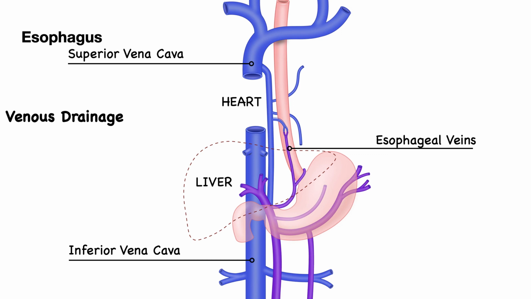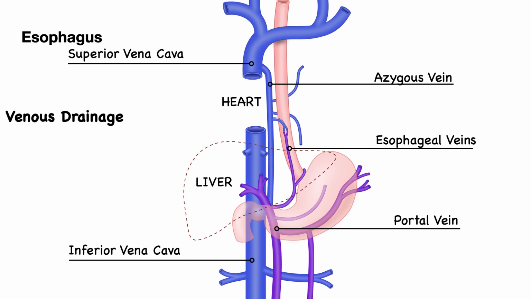the inferior vena cava. So the esophageal veins, the lower portion of the esophagus, drains into the portal vein, and the portal vein comes into the liver, and the liver drains into the inferior vena cava and enters the heart. The upper portion of the esophagus drains through the esophagus vein and into the superior vena cava. As you can see here,